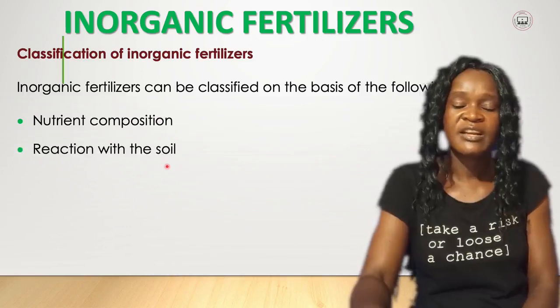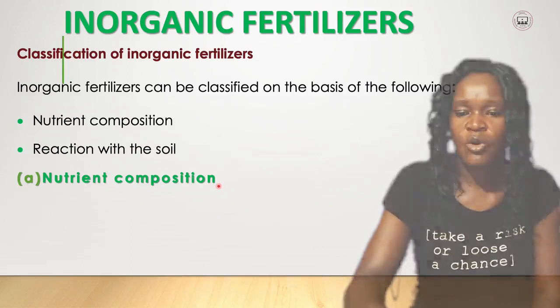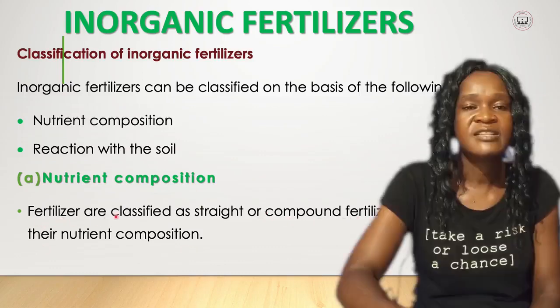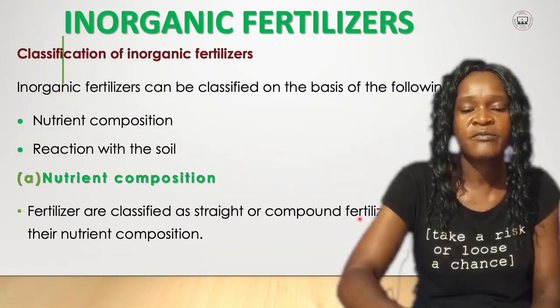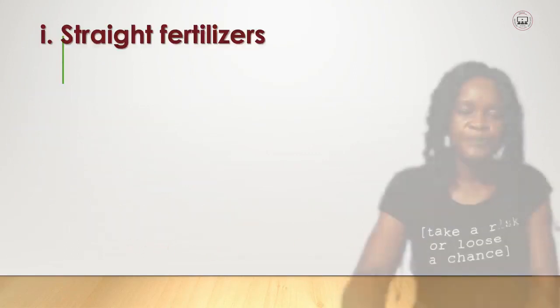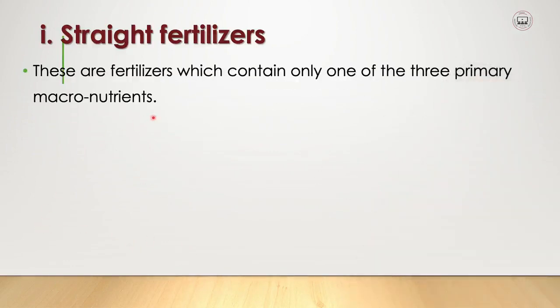So now let us classify these fertilizers depending on their nutrient composition. Under nutrient composition, we can classify these fertilizers just into two, as straight or compound fertilizers. So fertilizers are classified as straight or compound fertilizers on the basis of their nutrient composition. So what are these straight fertilizers? We are talking of those fertilizers which contain only one of the three primary